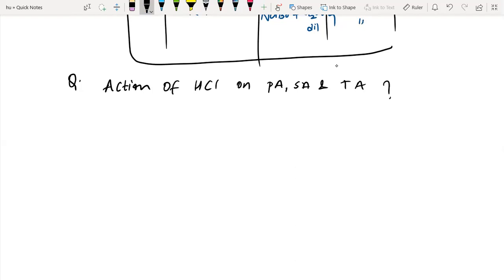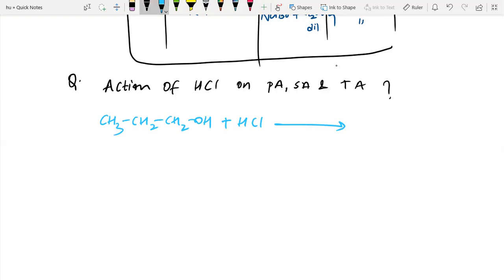So I'll write the structure for this. Say primary alcohol is CH3CH2CH2OH. When this is reacted with HCl, that formula which I gave, that table, we should write here,